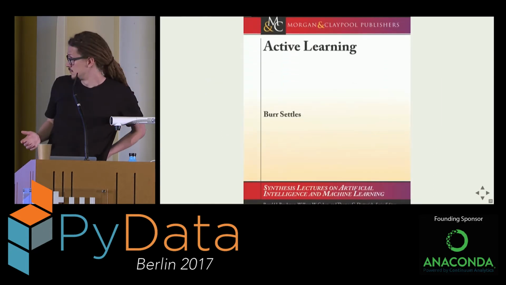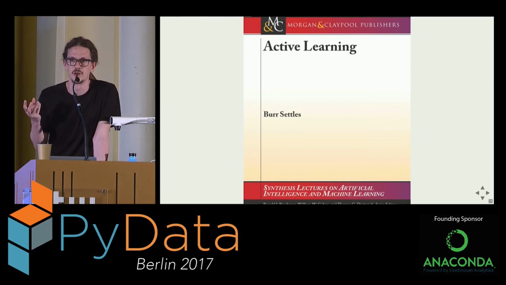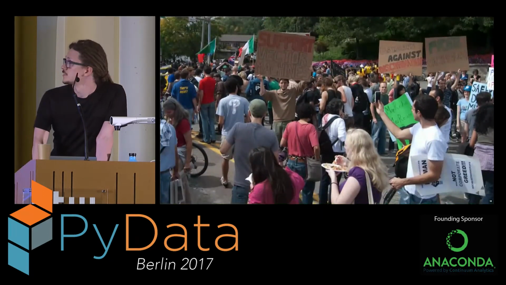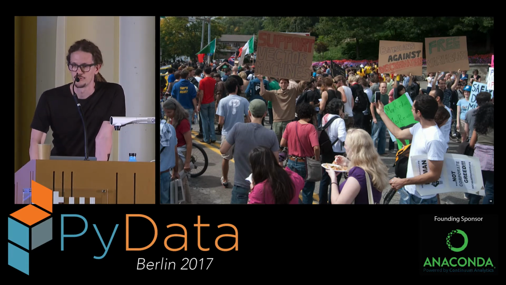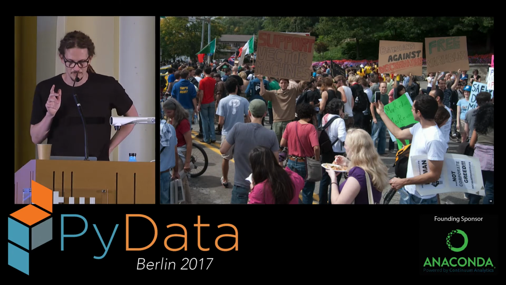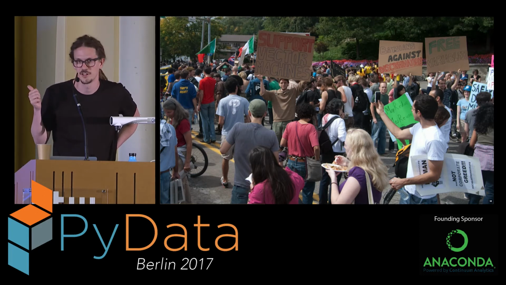It's a nice little book. It's like 70 pages, and it gives you a very nice introduction to active learning. You can just read it on a weekend. It's really understandable, I think. I'm showing this because it's a great book, but also because of the guy who wrote it. Oh, you can barely see it, right? The guy with the brown shirt and the support vector machines. That's Sir Burr Settles. I always mix it up, sorry. This is a G20 demonstration a few years ago, and this is the Carnegie Mellon machine learning department, I think. They're all there.